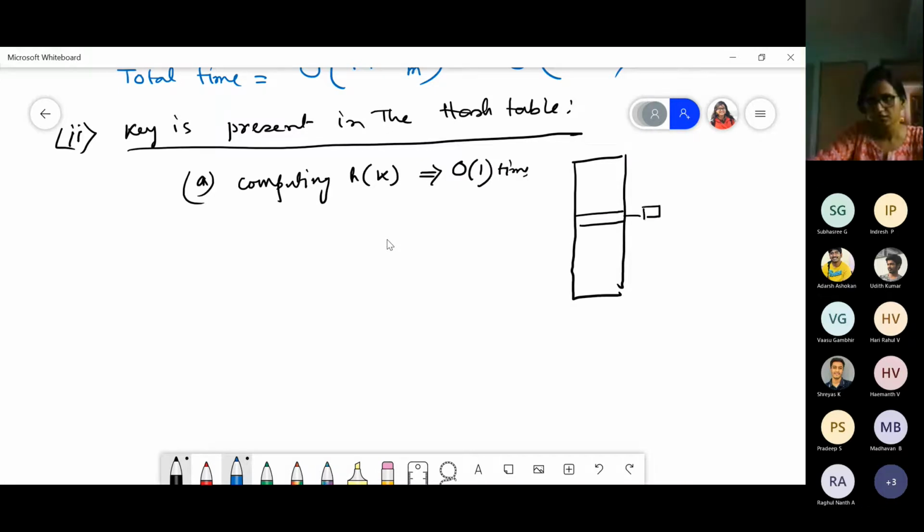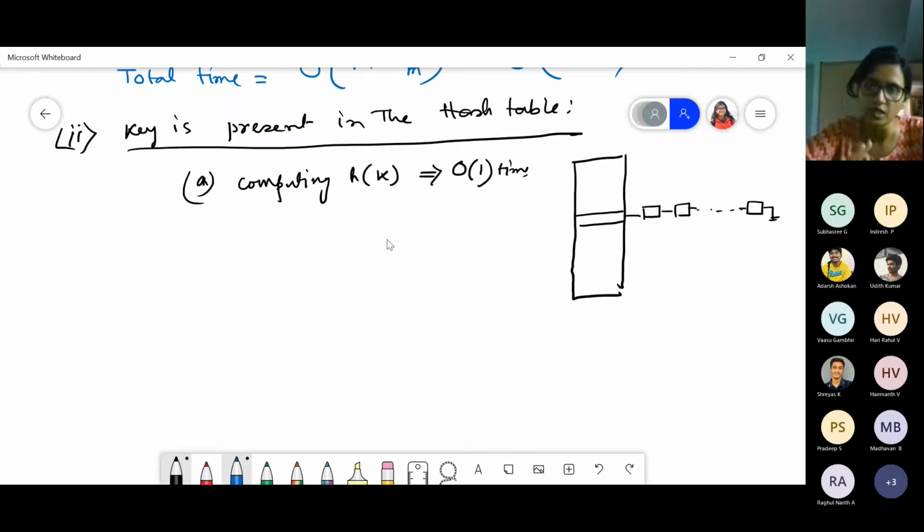Now I have again a chain, right? But as this key is present in the hash table, that means what?